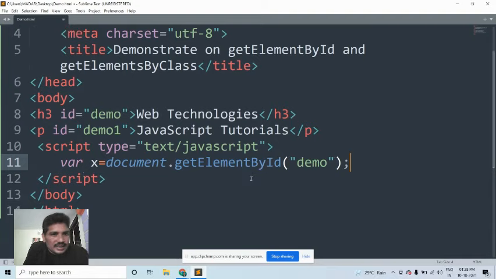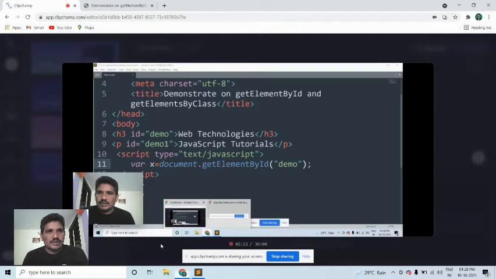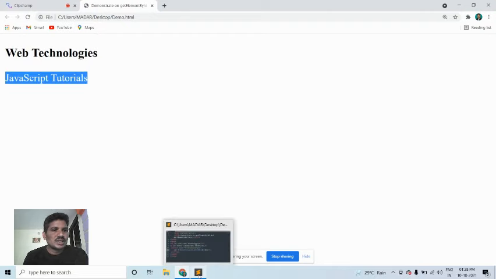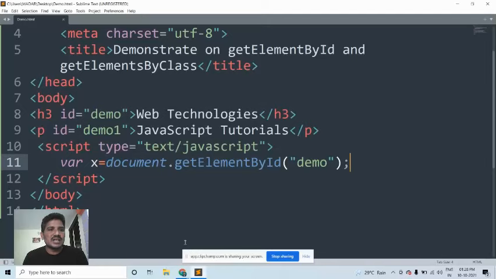Before discussing the JavaScript code, I will show you how the output will be displayed. We will see here how the output will be displayed. At this time I did not access any element, I simply wrote the HTML code. How do we access or change the HTML elements? How do we modify the HTML element with the help of the JavaScript code?